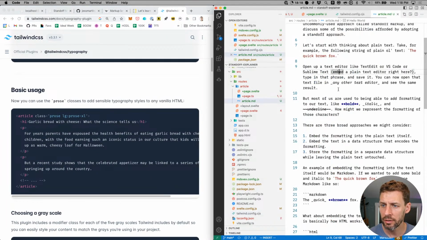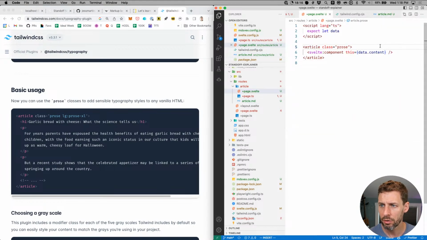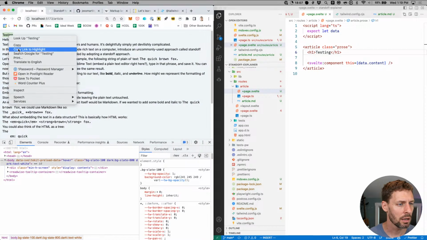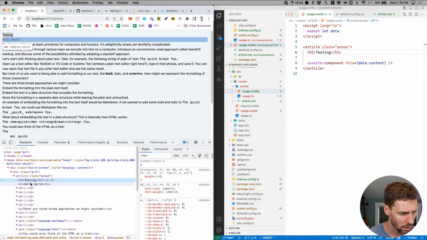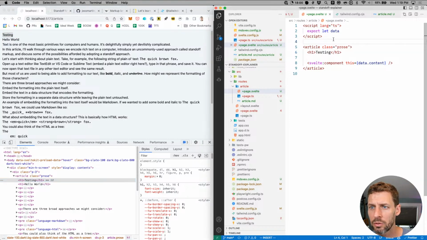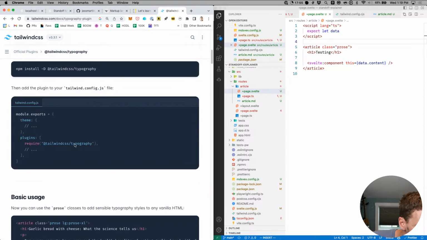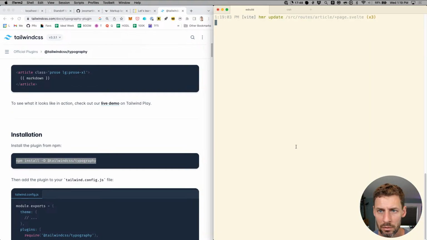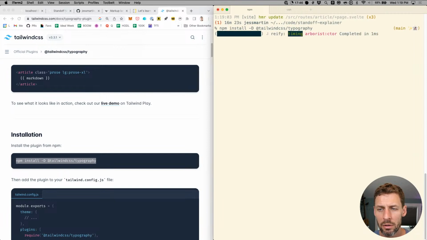Well, let's test this out manually by throwing in an H1 and seeing if that works. So it's straight up not working. This H1 should have some styles on it because it's class prose. What am I doing? What did I miss here? Go restart the,